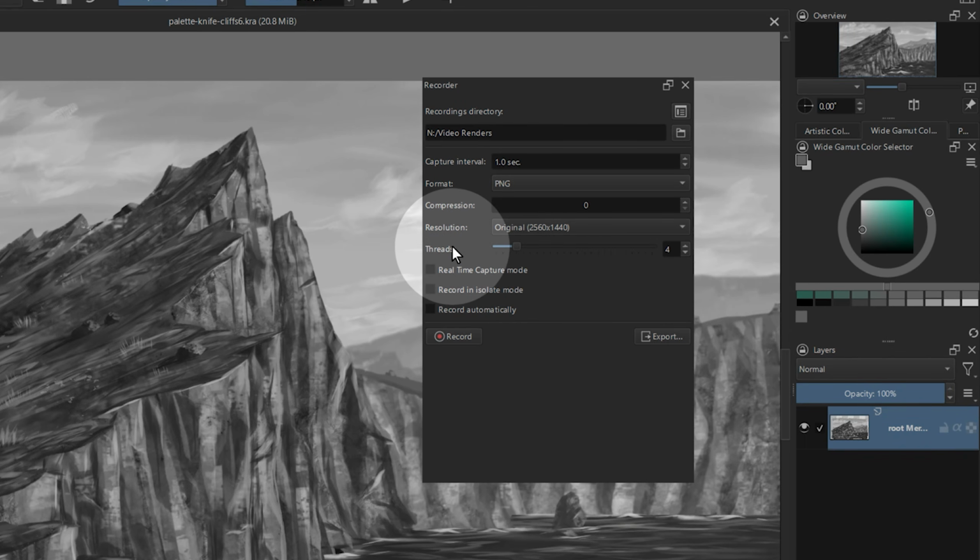The thread setting controls how much power your computer dedicates just to capturing your screen. If your computer has to prioritize something else like another application, it might miss some frames in Krita. The number of threads you use determines how smooth of a recording you'll get. Choosing only one thread can leave you with choppy playback, and if you're using it for backup, it could miss